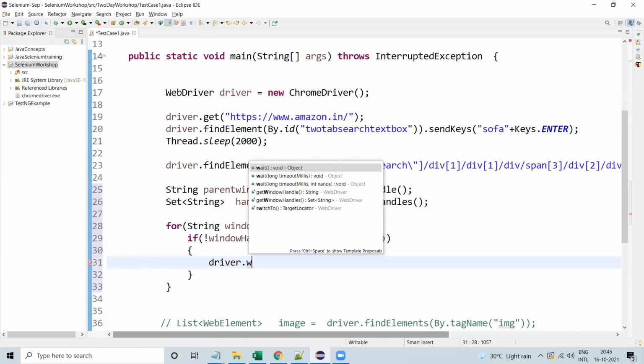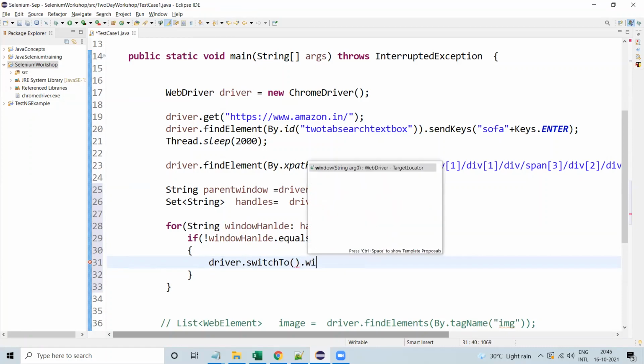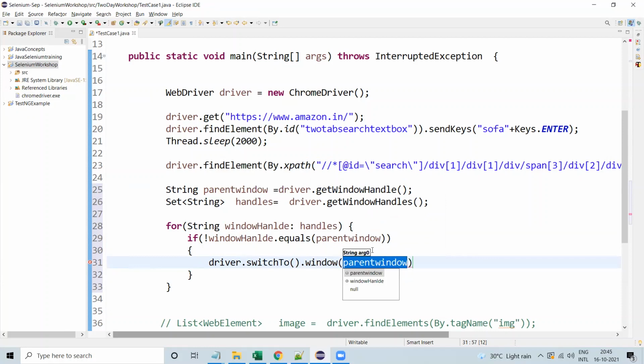Driver.switchTo().window, and then we go with windowHandle. So now we are switching to this window.